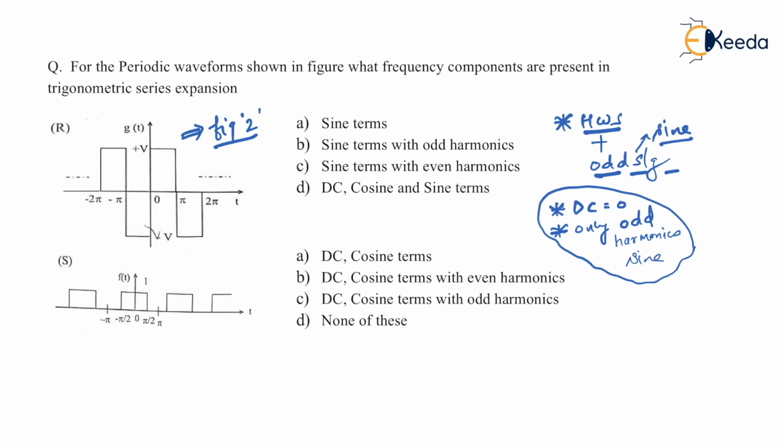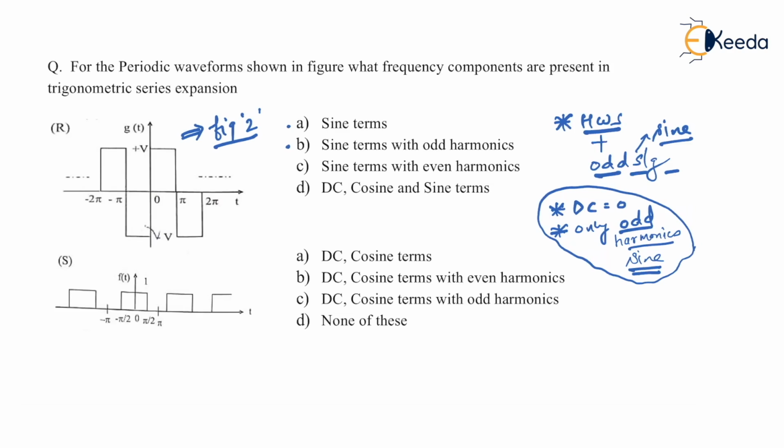So let us see whether these things are matching in the given options. Option A says only sine terms. Of course, we will have only sine terms. Am I right? But then other features are not covered in this. So as I said, you have to take the most correct option. Option B says sine terms with odd harmonics. Of course, we have sine terms along with odd harmonics also. Yes. But is it possible to get a more appropriate option? We will check. So we agree with option A also, option B also.